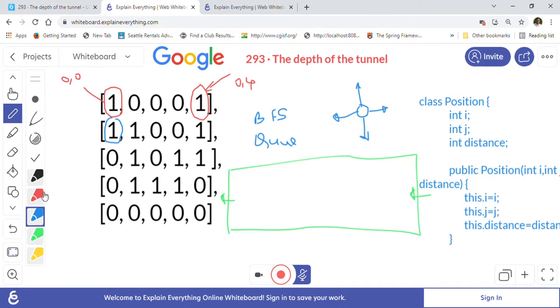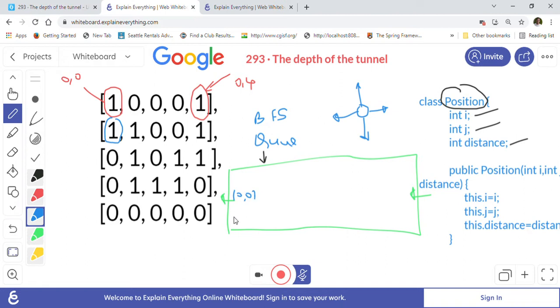And here we created a class called Position, and we will be creating a position for that element. This position has i and j coordinates of the cell of the matrix, and it will also have a distance, which is the distance traveled from the origin. Origin means this 0 0. So these three things we will capture in the position object, and we will put this position object into our queue. For example, in this first one, we will put 0 comma 0 here first, and then we will start BFS after that.